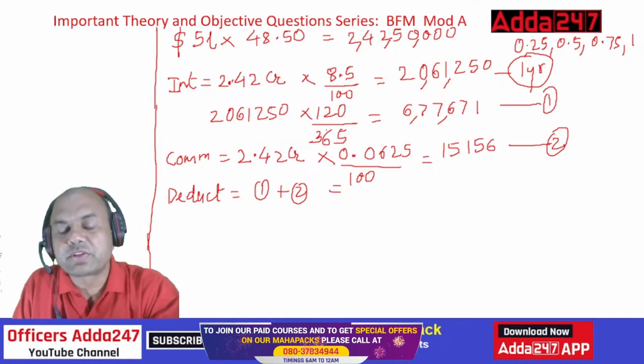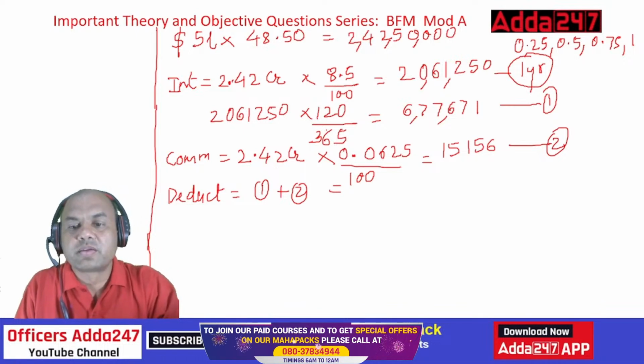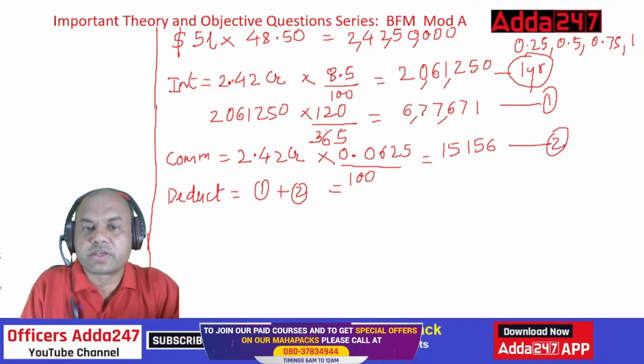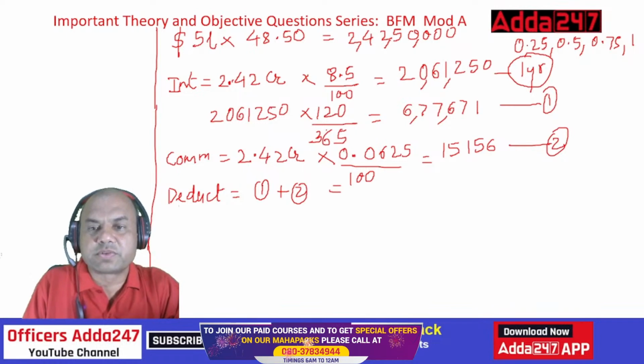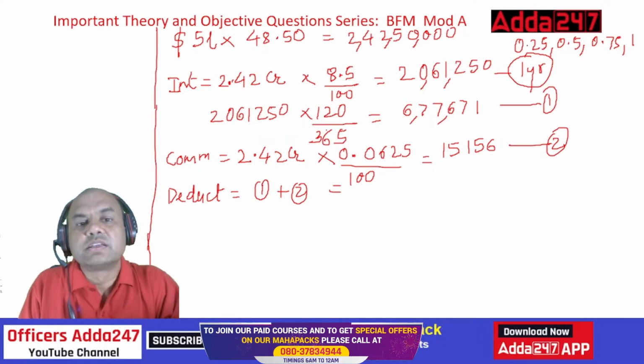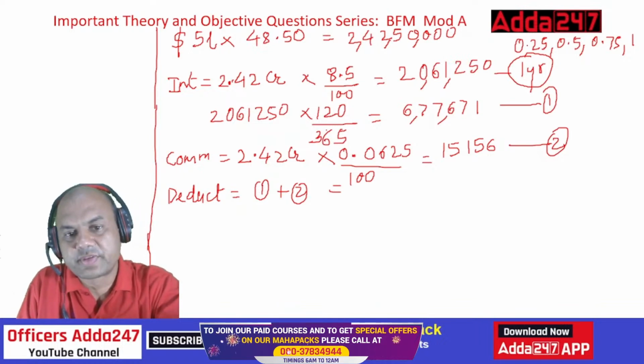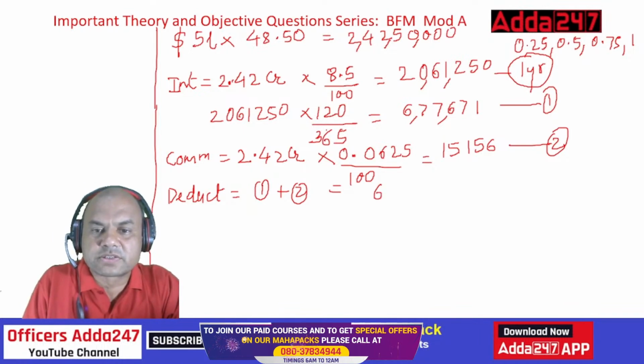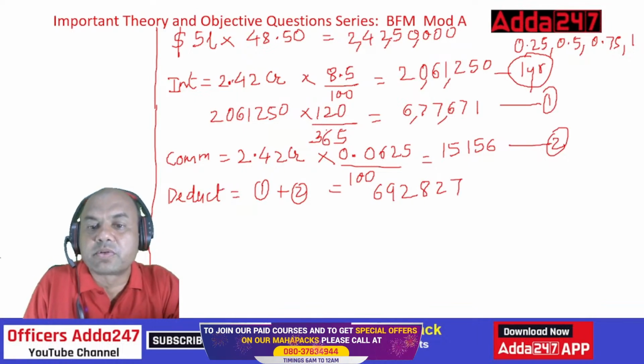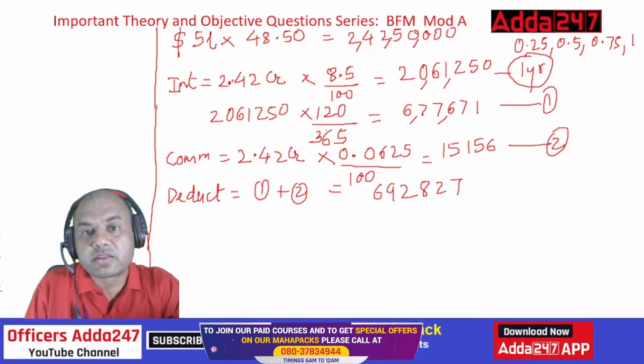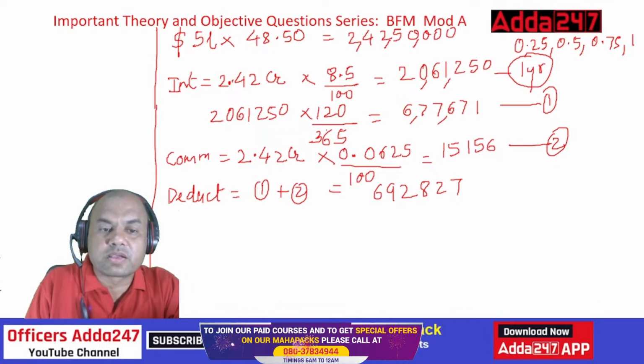What is 1 plus 2 now? 677,671 plus 15,156. So it is 692,827. This much amount is to be deducted. So what does it mean? I'll subtract this amount. So given to client equals